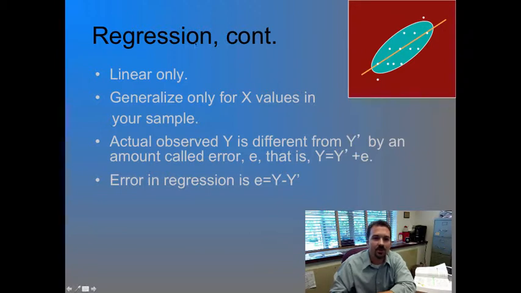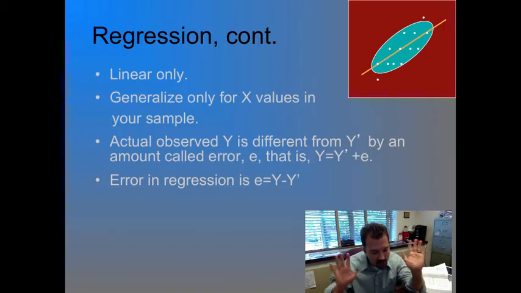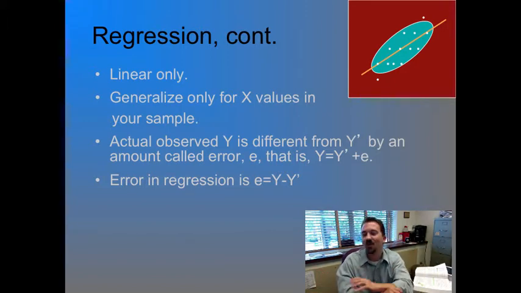And again, just like correlation, regression is strictly dealing with linear data. You can generalize only for X values in your sample. So if you're trying to predict GPA based on ACT scores, you have to acknowledge right off the bat that you're only using ACT scores. You're not using anything else, even if it might be relevant. Let's say the admission folder comes in for a student and everything gets lost except for their ACT score, so that's all you have to work with. Well, you have to acknowledge that you're only dealing with X, in this case ACT scores, to predict Y, the student's GPA score